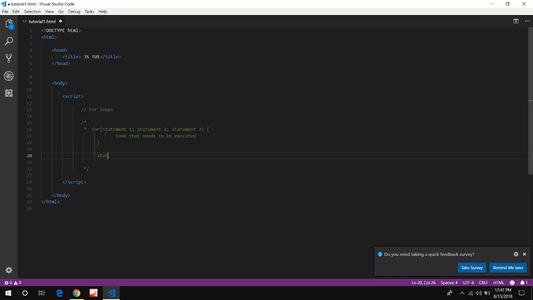Statement 1 is a one-time thing, where we are assigning a value. Statement 2 is a certain condition: if this is true, then make the for loop run. So that's a conditional value. Just like the if-else statement, we're passing in the condition as statement 2. If something is true, run the loop. And then statement 3